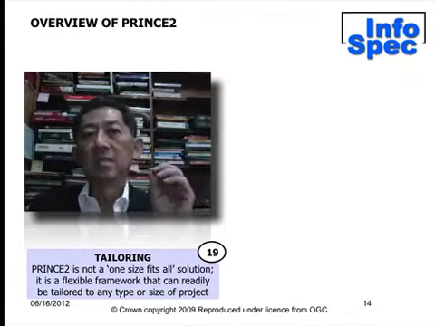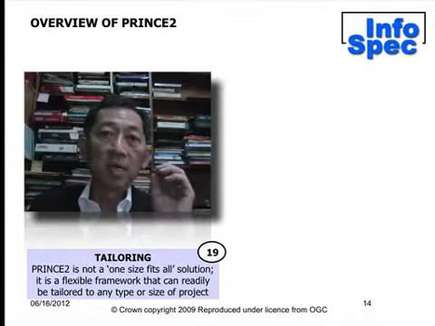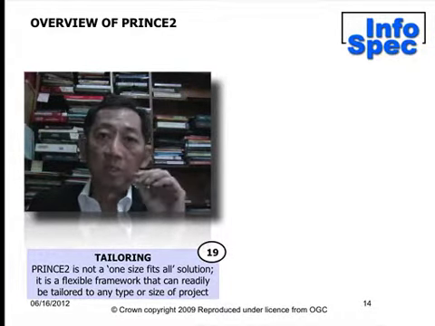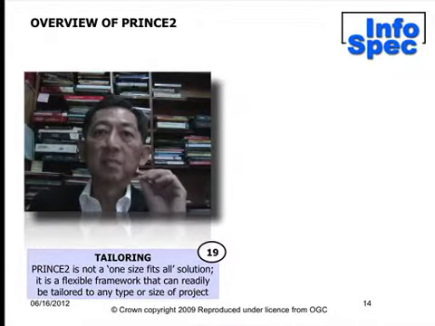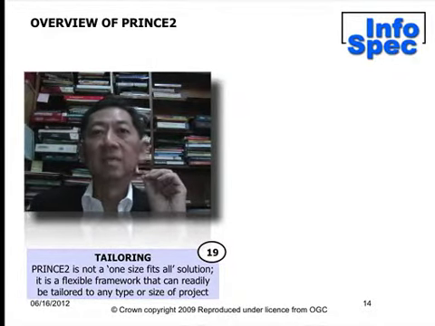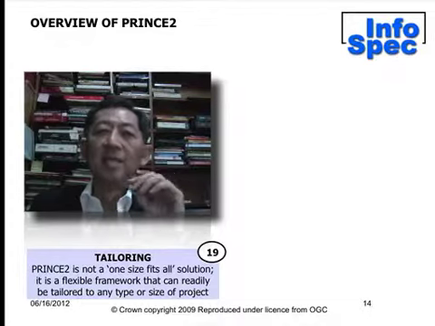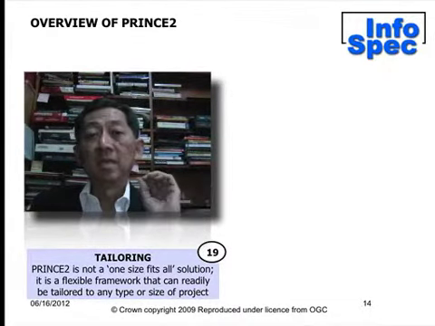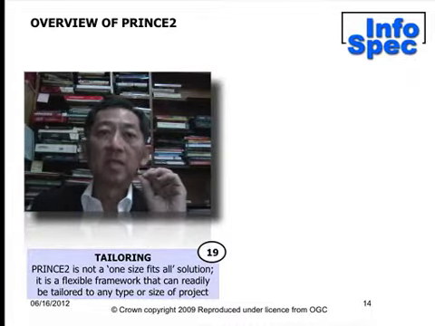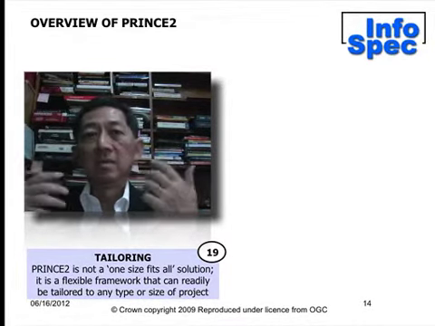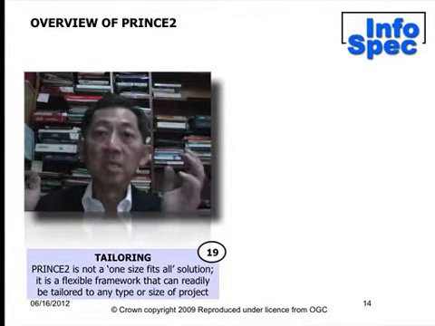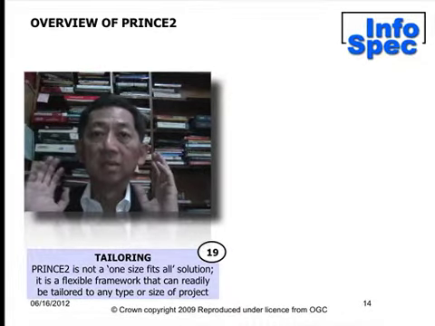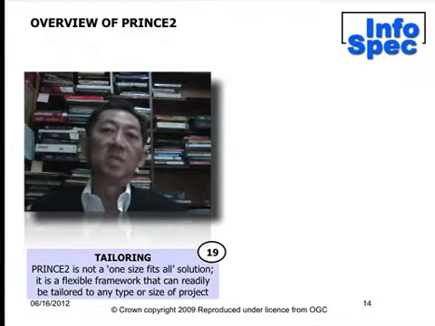So a certain degree of tailoring is required, and that's why even with Prince2, some experience is needed in running a project. Prince2 is specified in a very flexible way, so some parts of the specifications need you to have some idea of what you are going to do, because Prince2 doesn't tell you